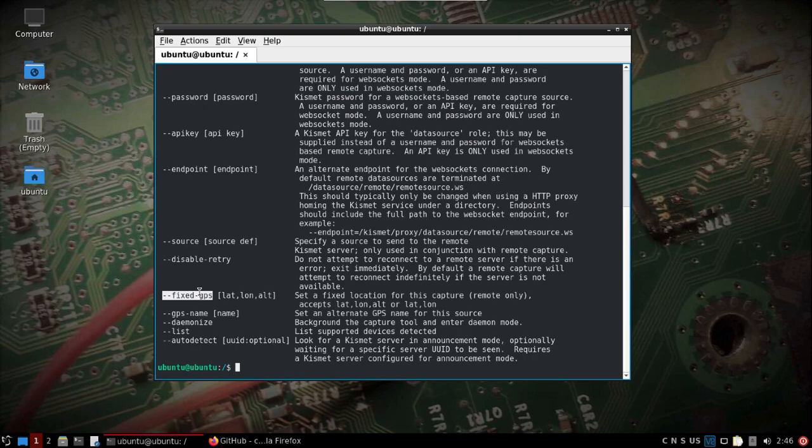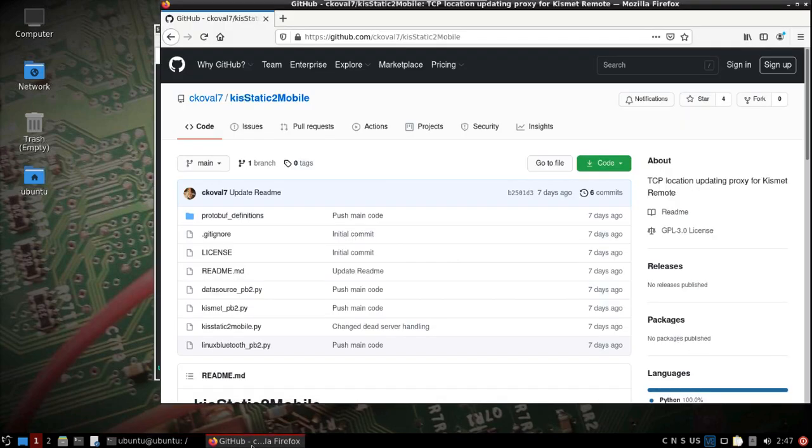So it was really kind of annoying with just fixed GPS, but now, thankfully, this kisStatic2Mobile tool, which is a TCP location updating proxy for Kismet Remote, now can take into account